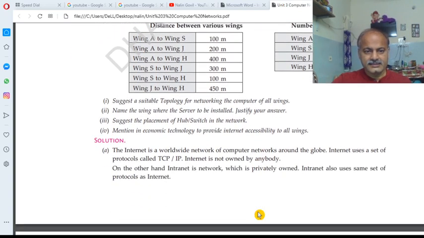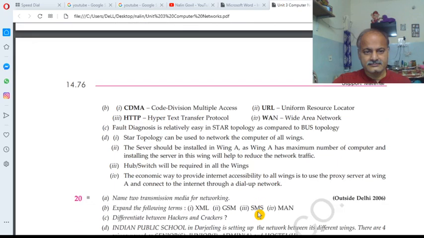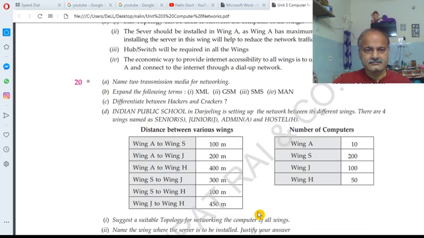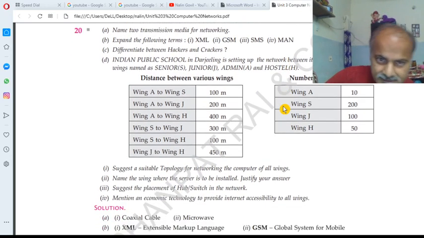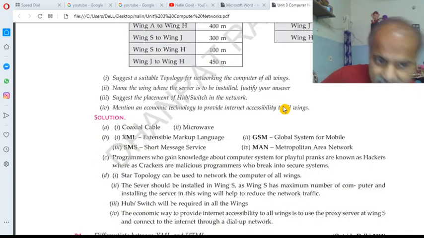After that, name the two transmission media for the networking. Expand the pointer. So only the MAN. And you can ignore this question, the hacker and the cracker, because these things are not in your syllabus.